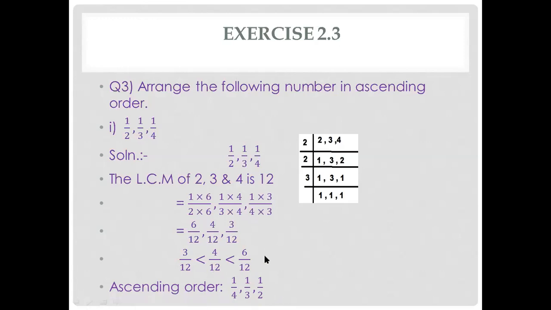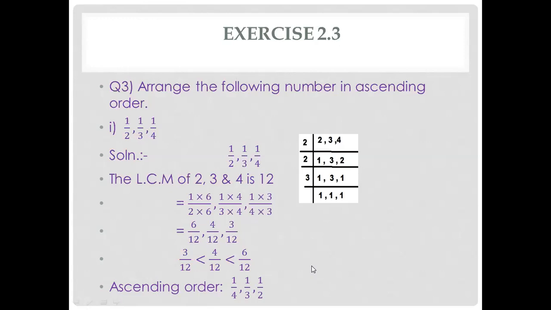You can check that up to this step, the steps of question number 2 and question number 3 are the same. Only in this step it is changed, because question number 2 is about the descending order from greater to smaller, and question number 3 is ascending order. So remember this: ascending is smaller to greater, descending is greater to smaller. If you check here, this was already in descending order and we converted it into ascending order.